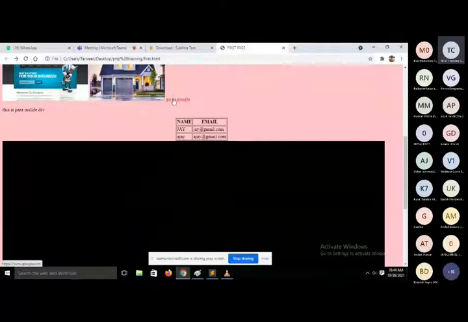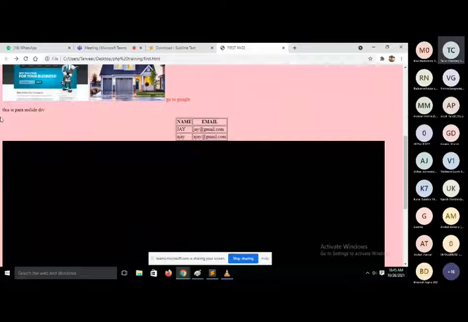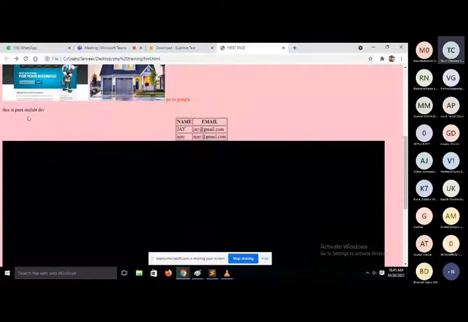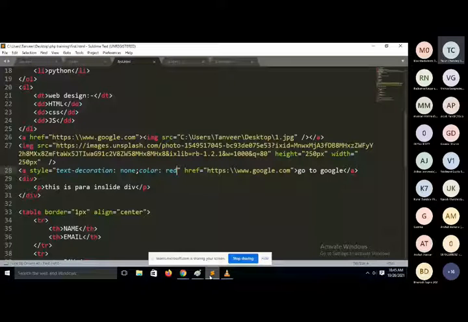It displays a link in a red color, and we can also remove underline from anchor tag. One of the most important tags is your division tag, or div tag. So I just want to pass height, width, and background color for this division. If you want to apply any changes in division, then you will use the style property under division tag, and